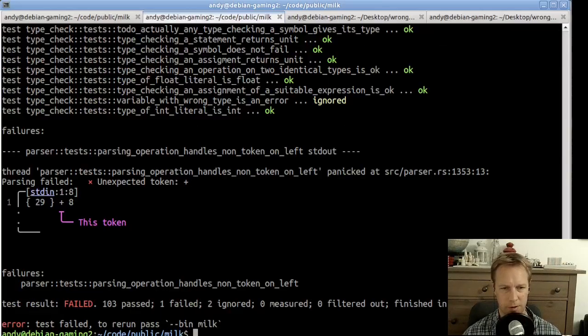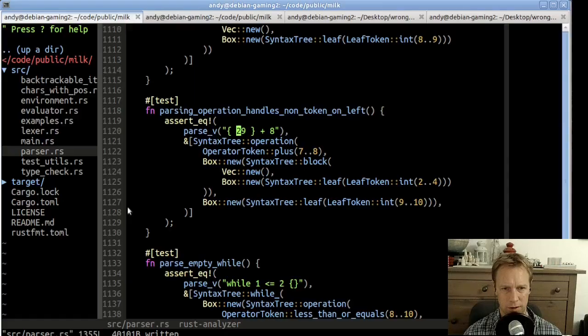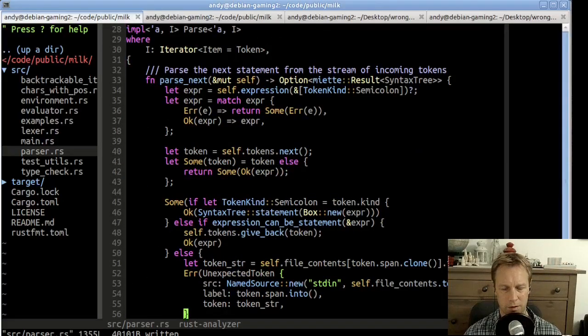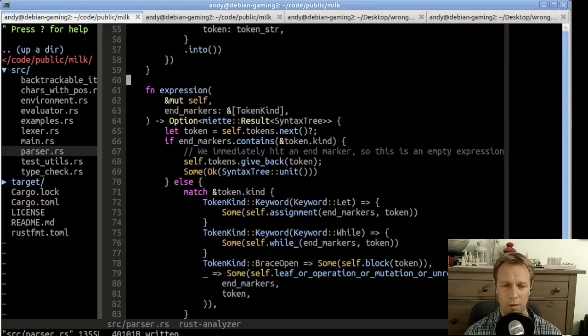Okay, so it fails because it doesn't even look for an operation unless it just found a token. I think this involves another restructure of our parser. At the moment, when we're parsing an expression, we get hold of a token,